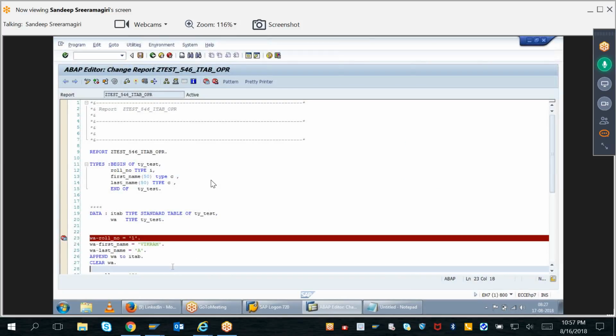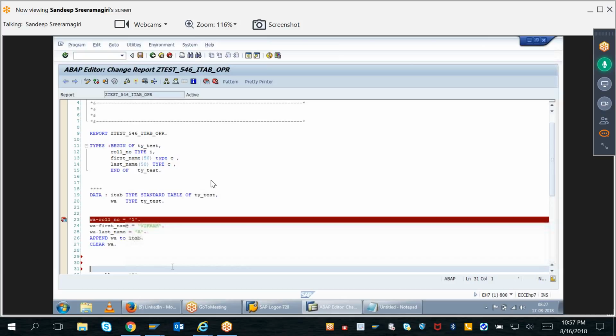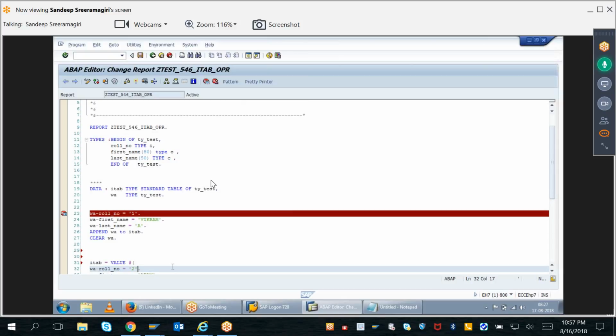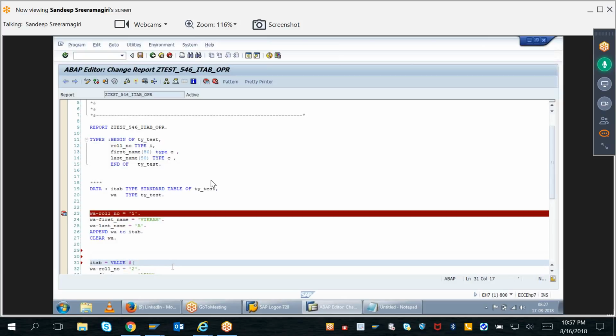Okay. So how do we write it? What is the internal table item? It is equal to VALUE hash. This is the new syntax. VALUE hash